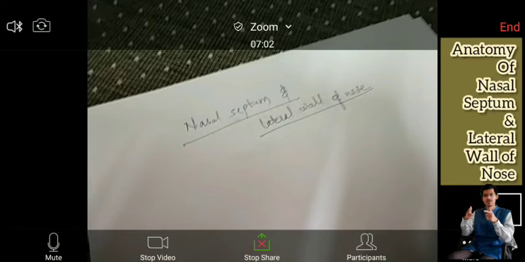Then body of sphenoid is forming this part. Okay, can you see this part? And there is a sphenoidal sinus. Then you have this vomer. One of the two single bones of the facial bones. Vomer and mandible. Out of the 14 facial bones of the skull, there are only two bones which are single. That is vomer and mandible. Rest all are paired, 6 paired bones. Okay. So this is vomer.